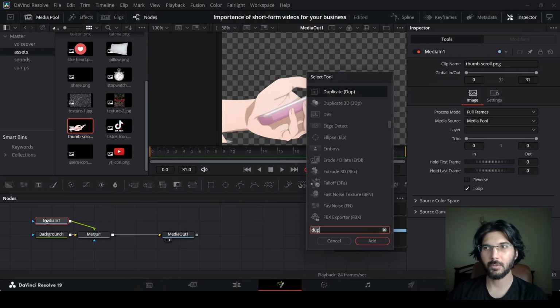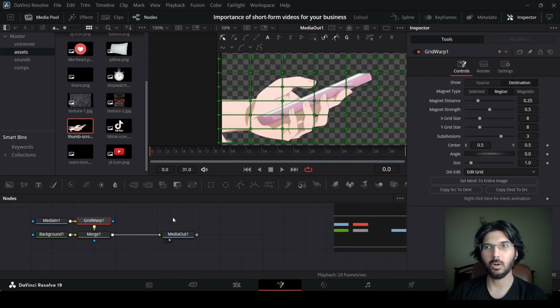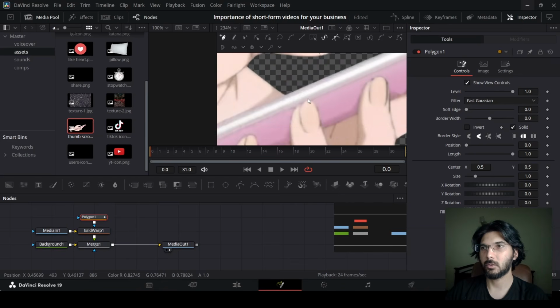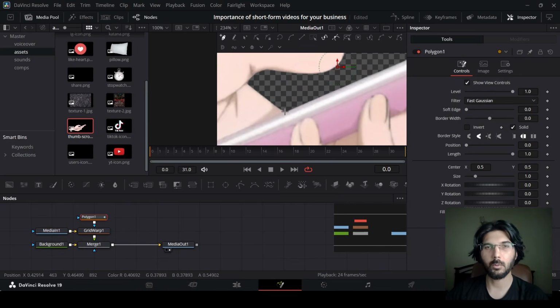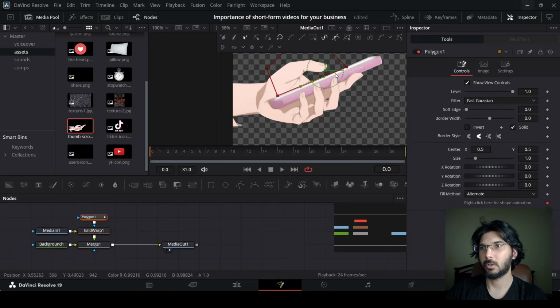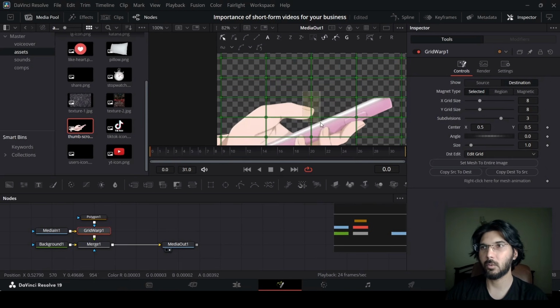And now this is going to be very interesting, because I'm going to add this grid warp and show you how you can animate this image. And let's add in this polygon as well. So we're going to just create this polygon around the thumb, because we need to show the thumb scrolling the phone. So you can just create it like this, and then in the grid warp, what you can do is